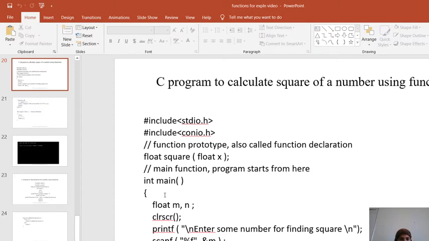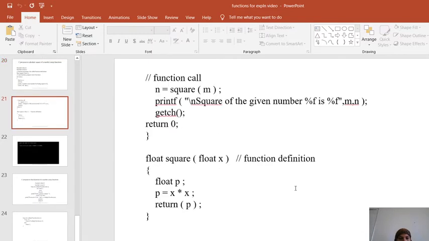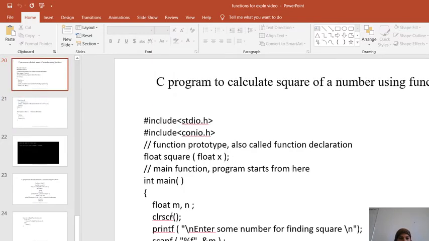The main program begins here with int main, and we are declaring two variables, m and n. M and n are the two variables whose data type is float. The first statement on the output screen will be: enter the number for finding square. The number which the user enters will be stored in the variable m, whose data type is float.